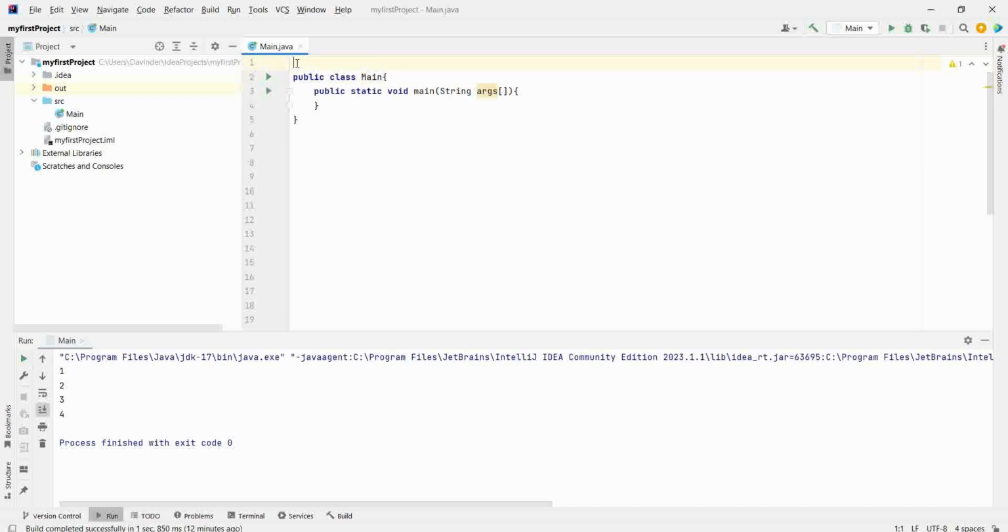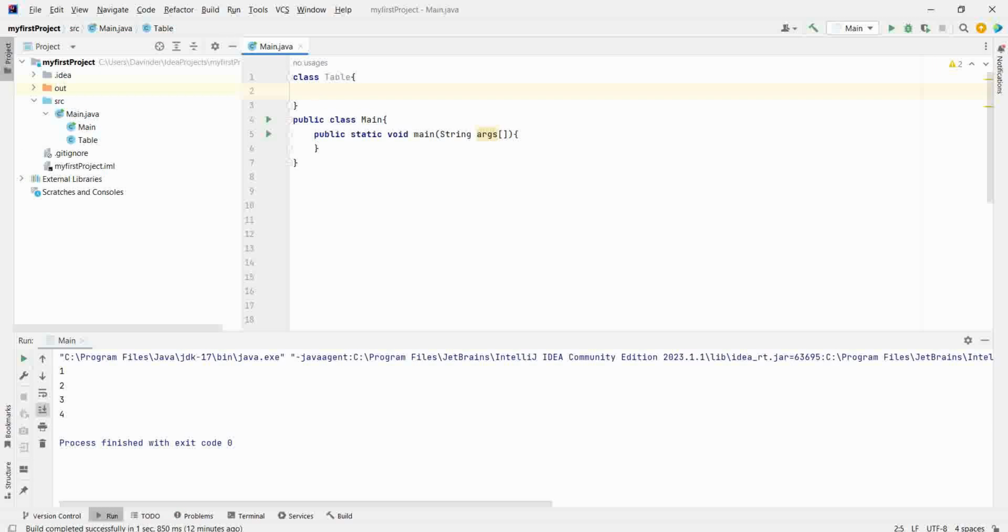What I will do is I will create a class Table. I want to print a table.